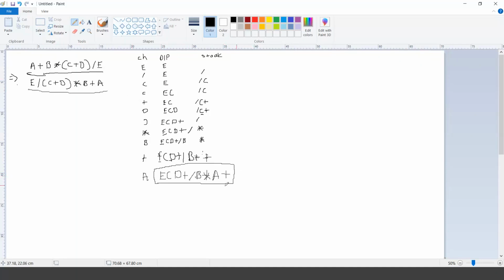Now, if we reverse it again, how can we reverse it? If I write plus A, then multiplied with B, okay, plus A multiplication with B, division operation, and then plus, let's say D and C and E. Okay. So if I do it in the reverse order,